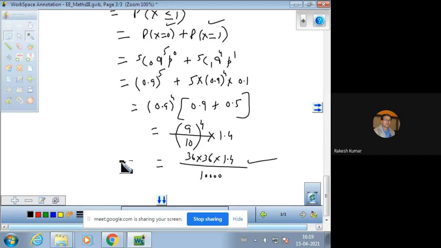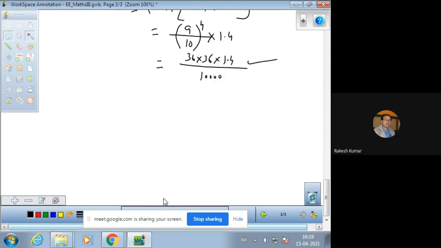Now, there is one more, a different type of question that we have to do today. This question is also from binomial distribution. This is very important. In sampling a large number of parts manufactured by a machine, the mean number of defectives in a sample of 20, the 20 sample is given to us. The mean number of defectives is 2.